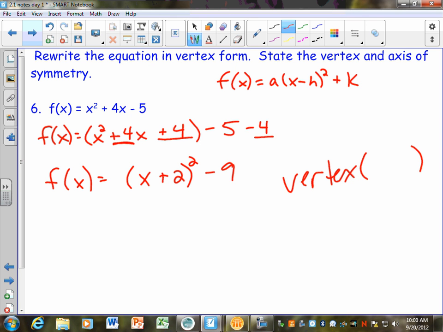Yeah, I think it's going to be negative 2, right? Remember that it's always the opposite of what's in there. This is like saying x minus negative 2 squared, but we don't really write it like that. So half of 4 is 2, so I would put in the equation x minus 2 squared minus 9, because